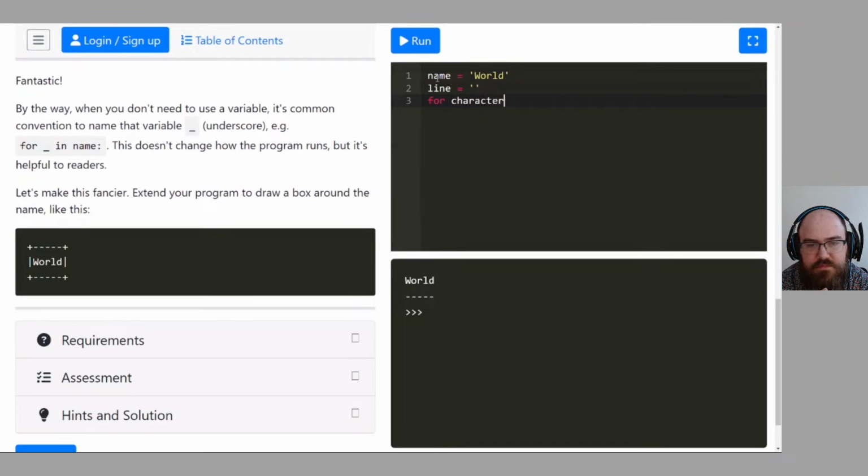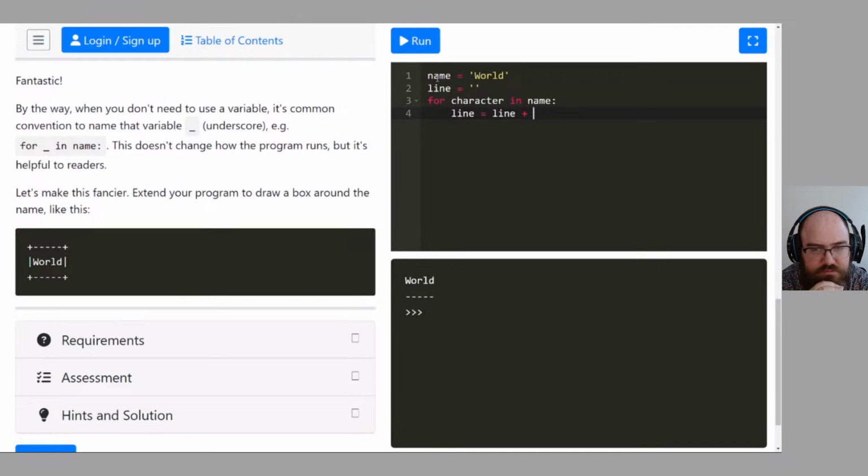I'm missing something there. No, I'm not. That's good so far. All right. Line, and that's where I started doing that. Line equals line plus char, but obviously it's not going to be char. It's going to be that.